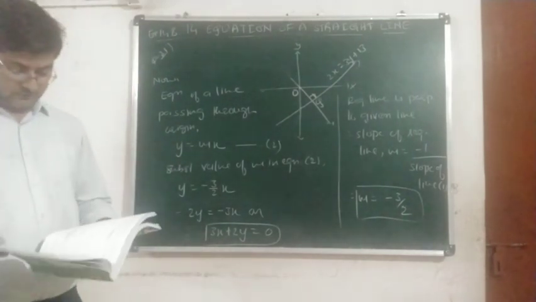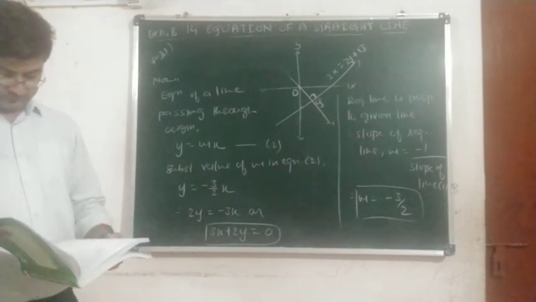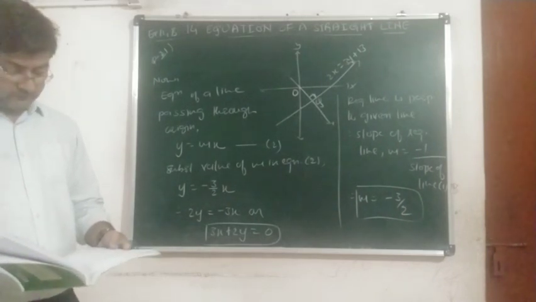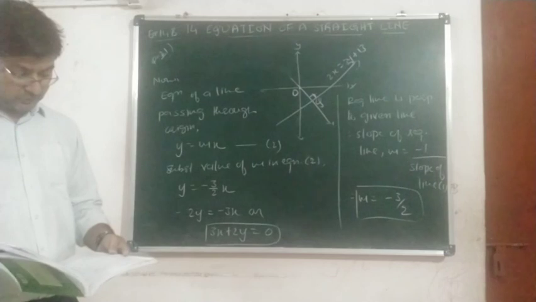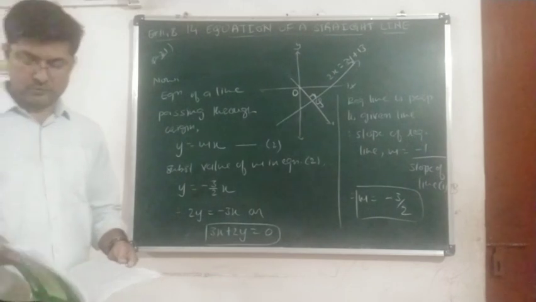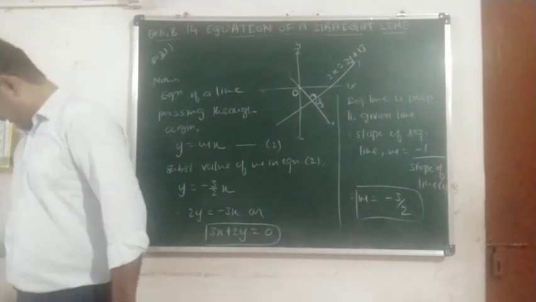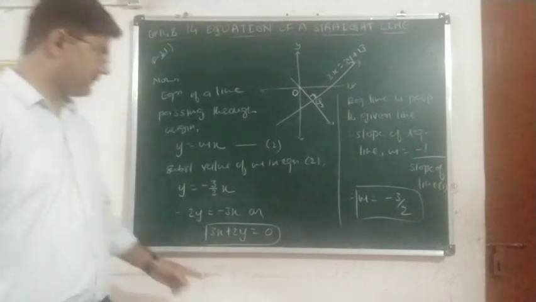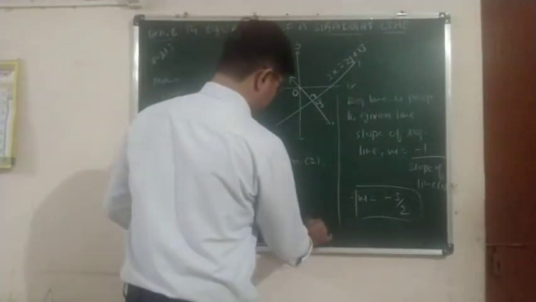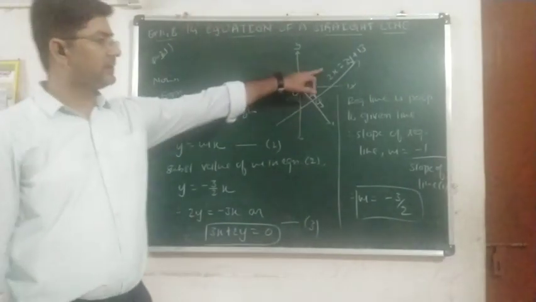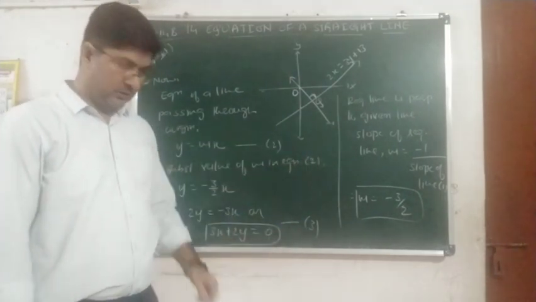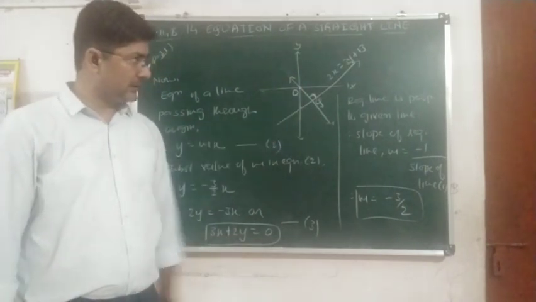Question number 21. Actually, here we have to find the equation. This is not the required answer, but this is a part of the answer. Actually, here we have to find the coordinates of Q. So now it is very easy. Once we get the equation of the line passing through Q, then we can solve the two equations. Yes or no? The equation of the given line, that is line 1, and the equation of this required line passing through Q. So we will solve equations 1 and 3.